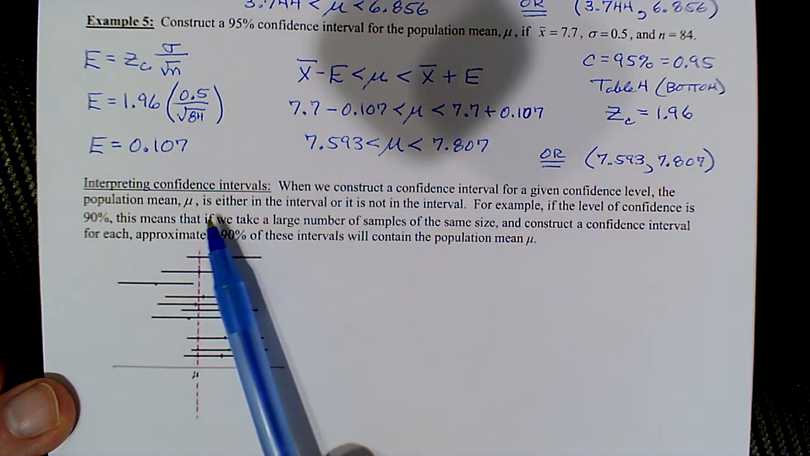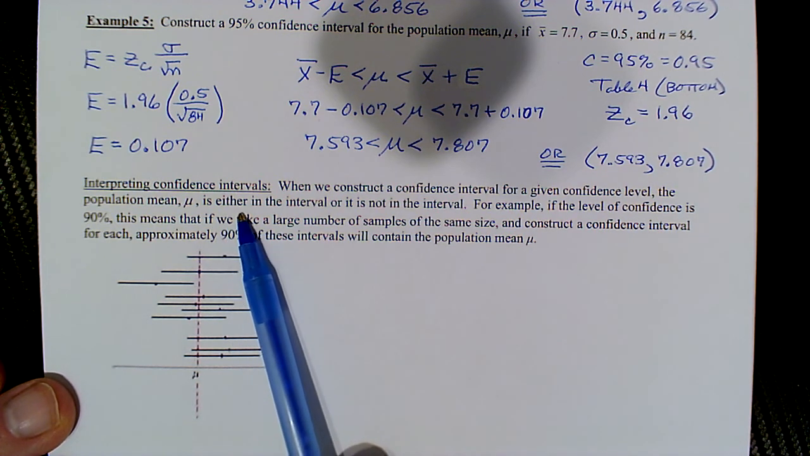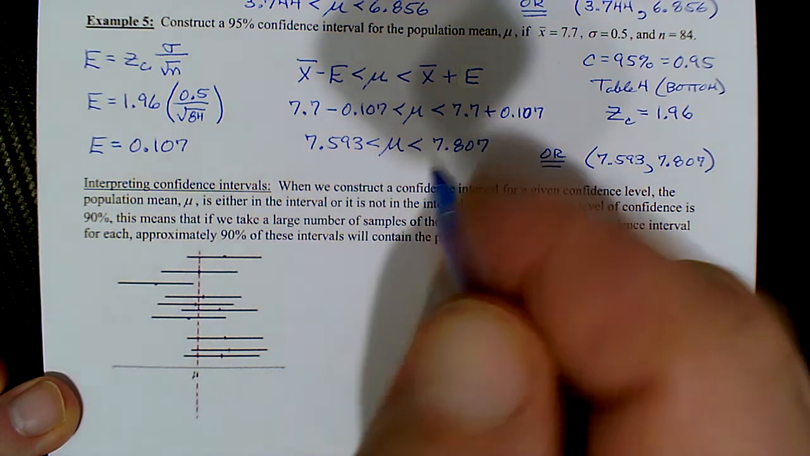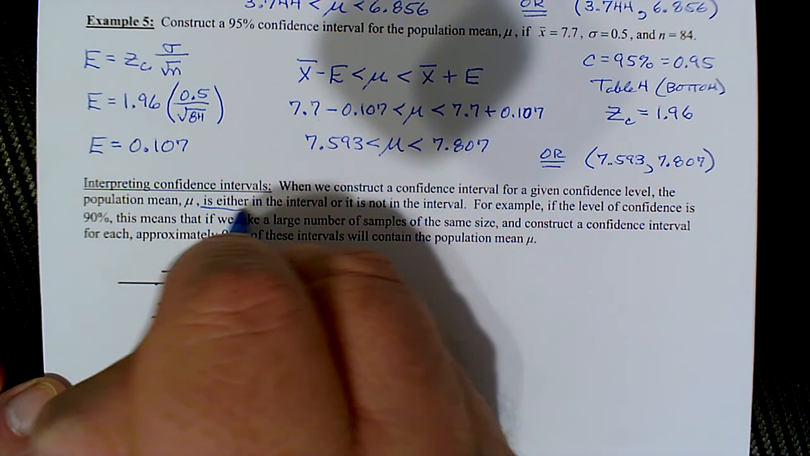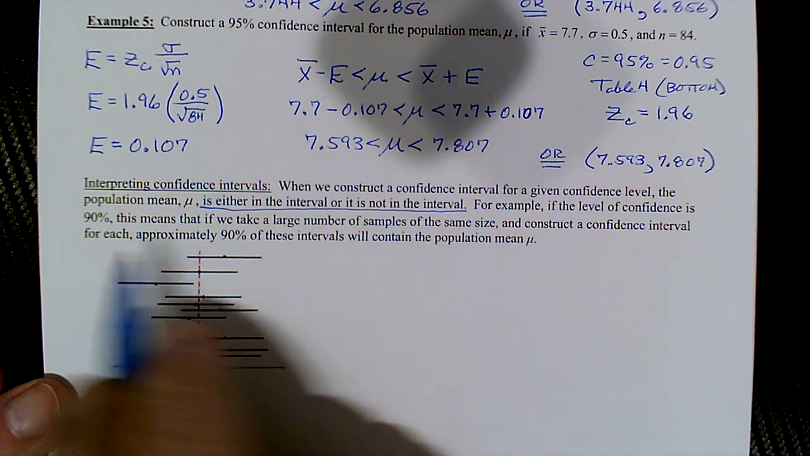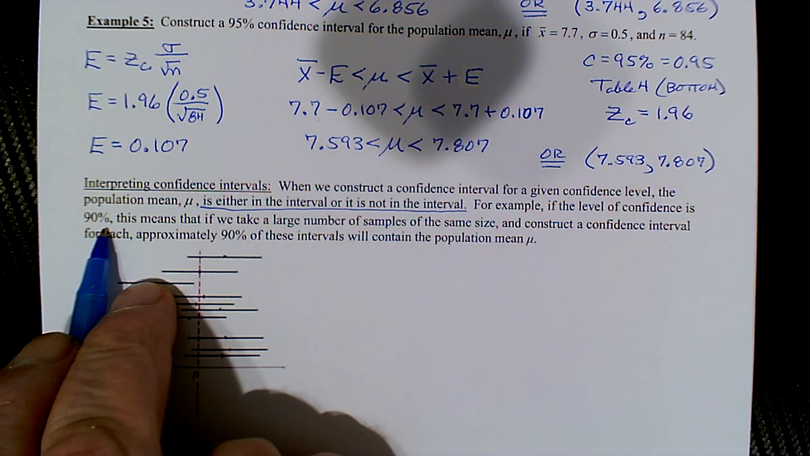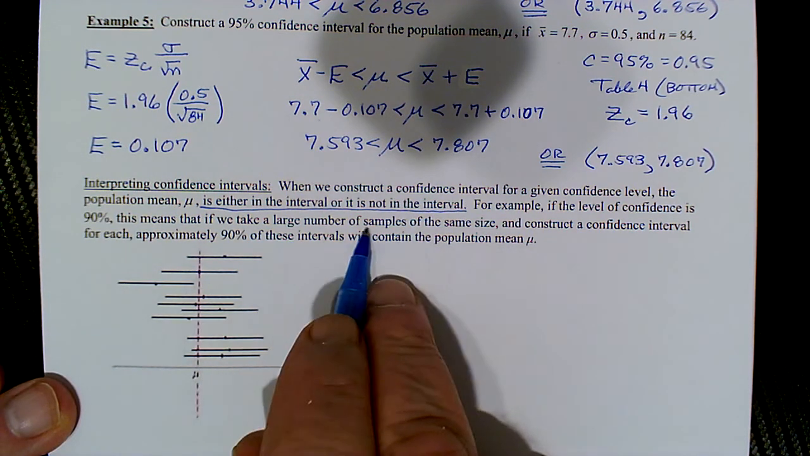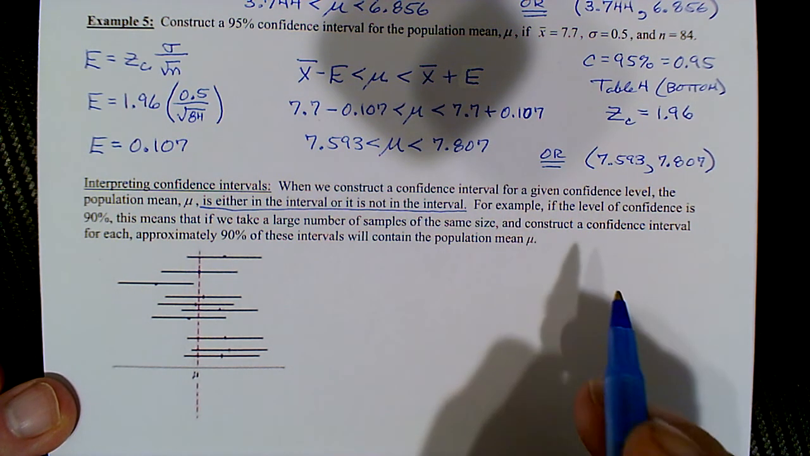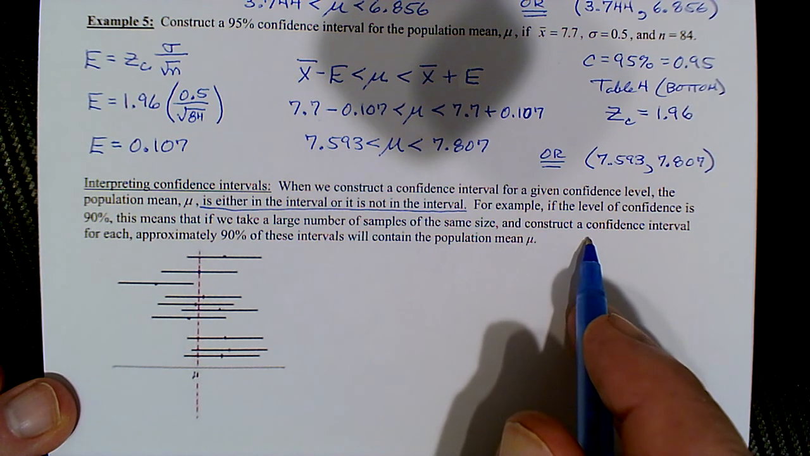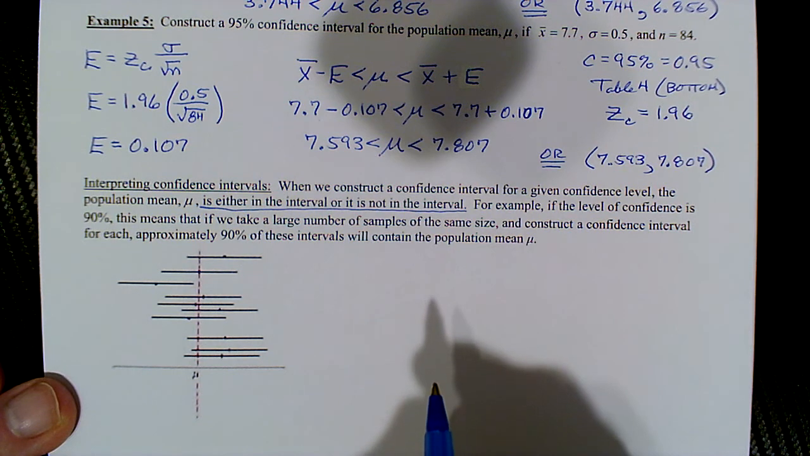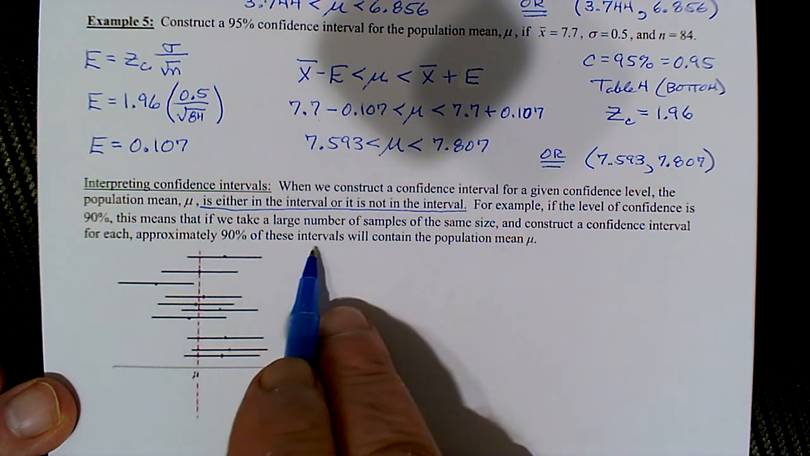So when you construct a confidence interval, it doesn't mean that the population parameter mu is actually in there. It's either in the interval or it's not. Okay, so it could be outside the interval. So for example, if the level of confidence is 90%, it means if we take a large number of samples, that's what I meant when I said an infinite number of samples of the same size, and construct a confidence interval for each of those infinite number of samples, 90% of them will contain